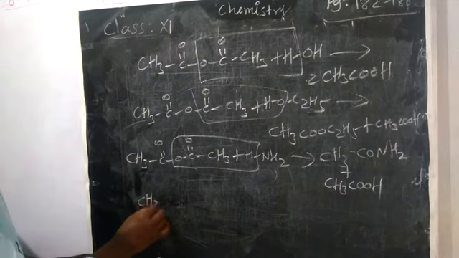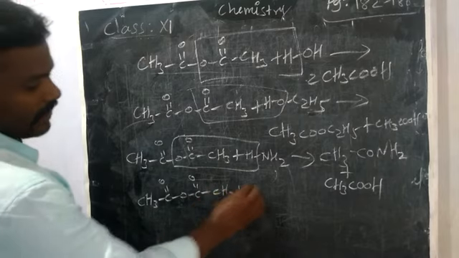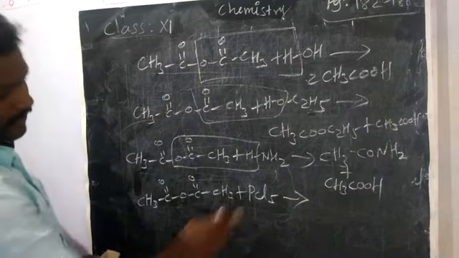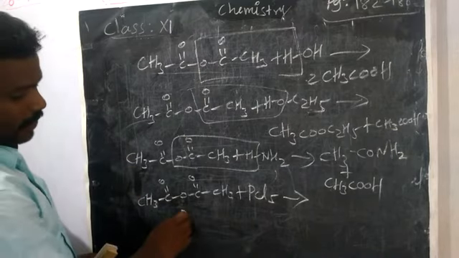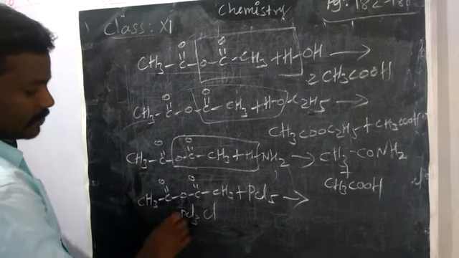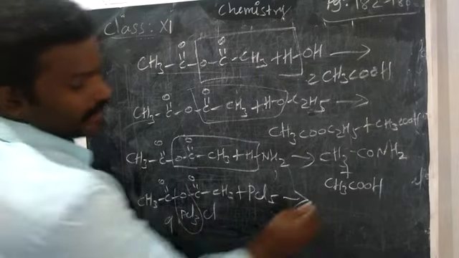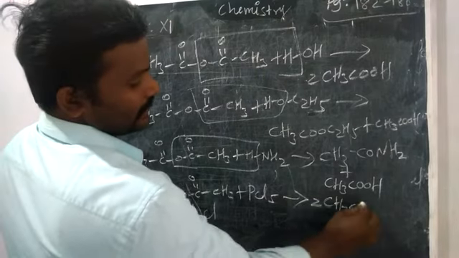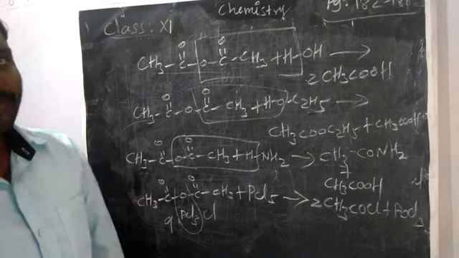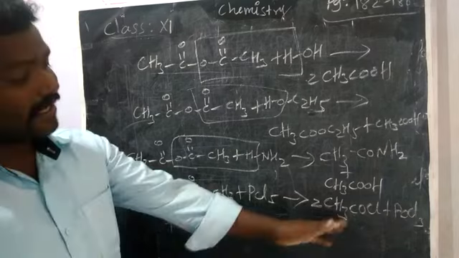Then it reacts with phosphorus pentachloride, PCl5. Acetic anhydride, CH3C double bond O, O, C double bond O, CH3, with PCl5. Wherever you take the phosphorus pentachloride, near this oxygen, you split the PCl5 into PCl3 and Cl-Cl. So you make it like this: one acetyl chloride, another acetyl chloride, and POCl3. So 2 moles of acetyl chloride with phosphorus oxychloride. This preparation we can also use for the preparation of acetyl chloride.